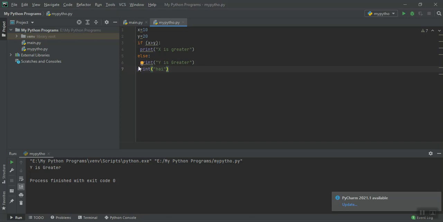So from this example, it will be clear for you. See here, when I put this print with the y is greater, if I run this program, what happens? It prints both y is greater as well as high. When I give it in the same line of if else, what happens? Error. High will be there. I'll cut this and paste it here. If we have this, what happens now? It will take it. So the high here.